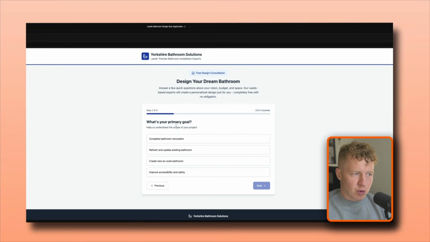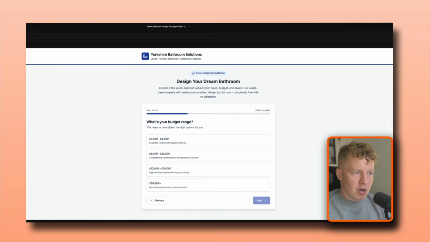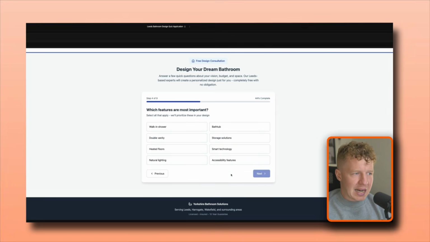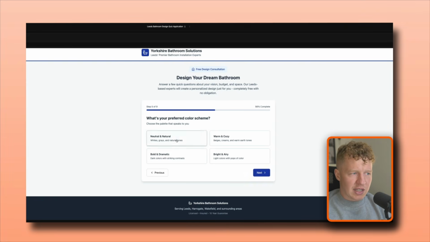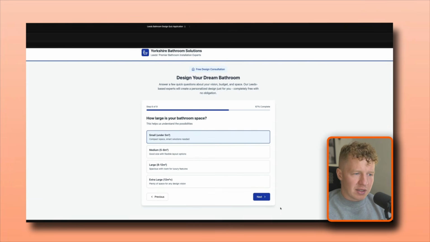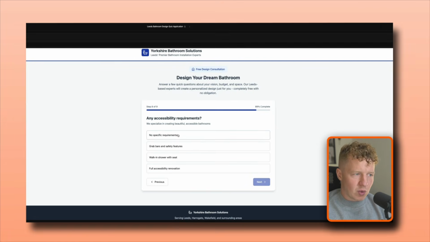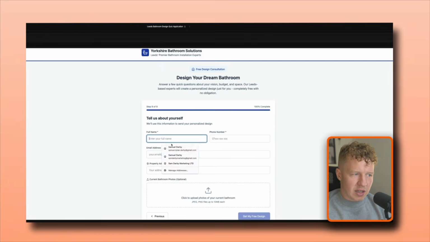If we select next, what's your primary goal? We can select our goal. What's your budget range? We can select that. What features are most important? So for example, we can select maybe walk-in shower, storage, smart technology, accessible features, click next. What is your preferred color scheme? We can select that. How large? We can select that. Let me just go through these questions, and then we can answer here, put our details in,